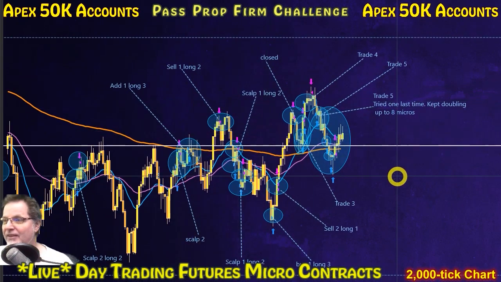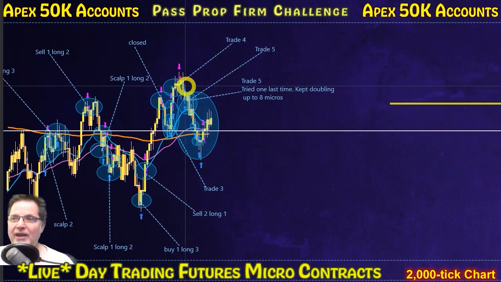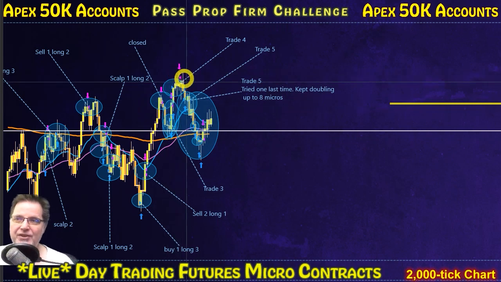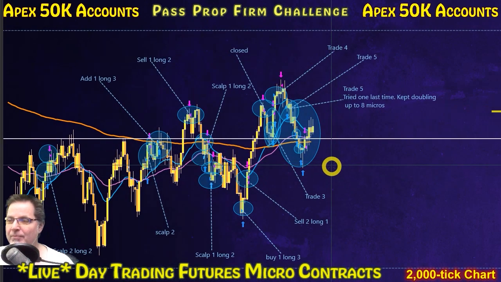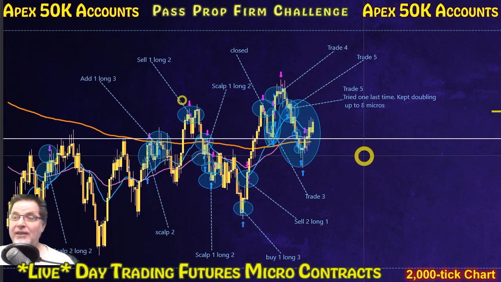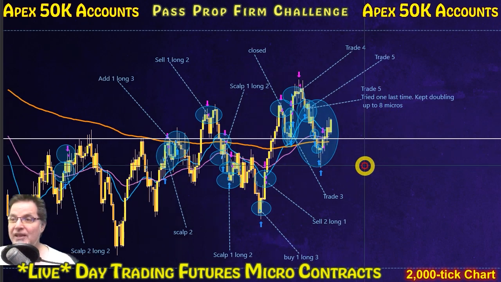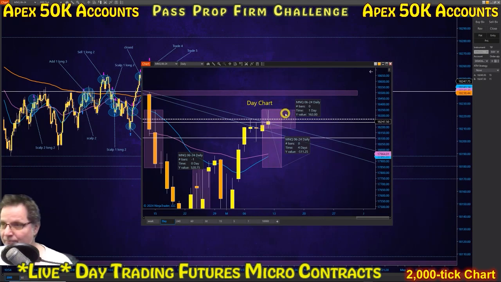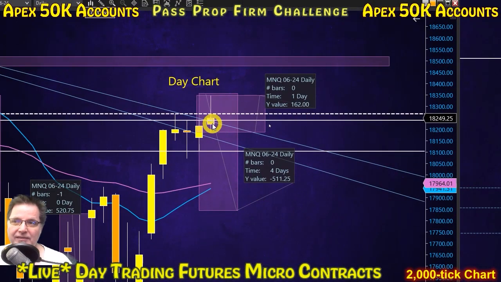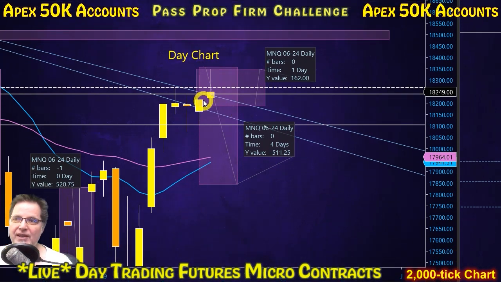I basically tried one last time right here because it looked like it was going to break out, and it just kept going down, and I just got out for break even through a series of adding and scalping techniques. Basically we're down about $64. At one point it was just a tiny little pin tail, and it even went red. And when it starts to go red like that, falling below the previous day's high, you never know how far down it's going to go.